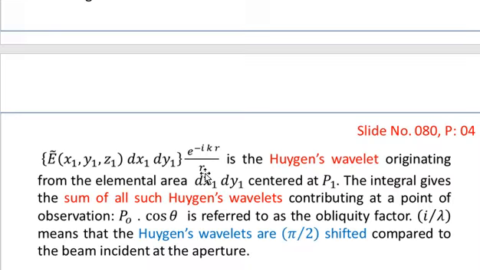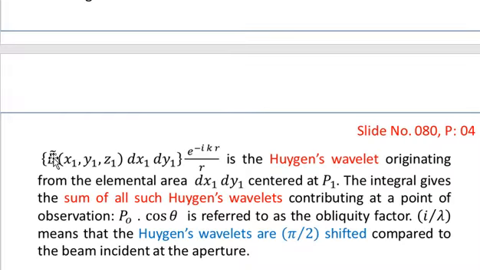So r is the factor that takes care of the amplitude while the field is propagated over the distance r, and e to the power iota kr takes care of the phase variation from the point P1 to the point P0. This whole term is actually a spherical wave originating from the point P1 and propagating towards the point P0,